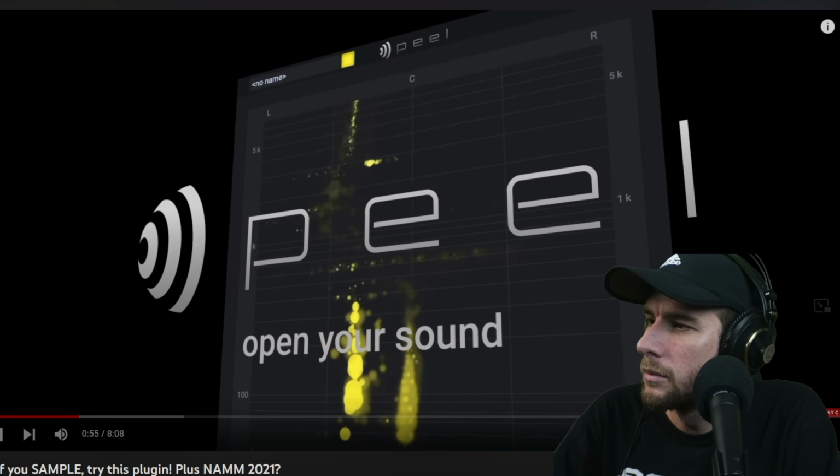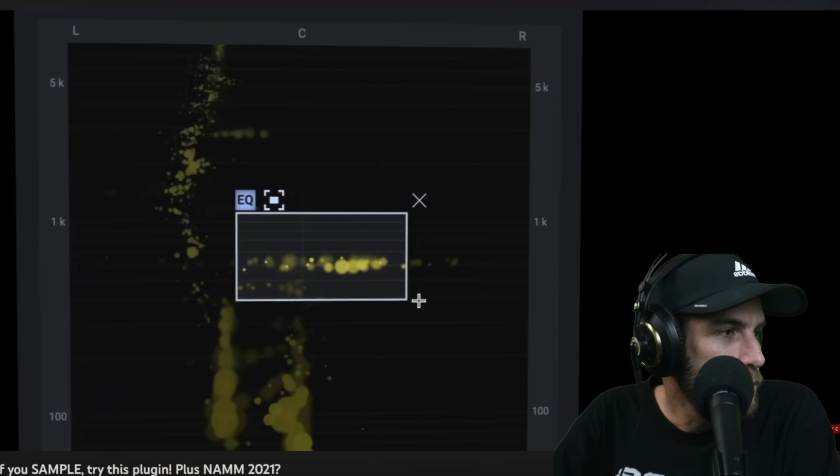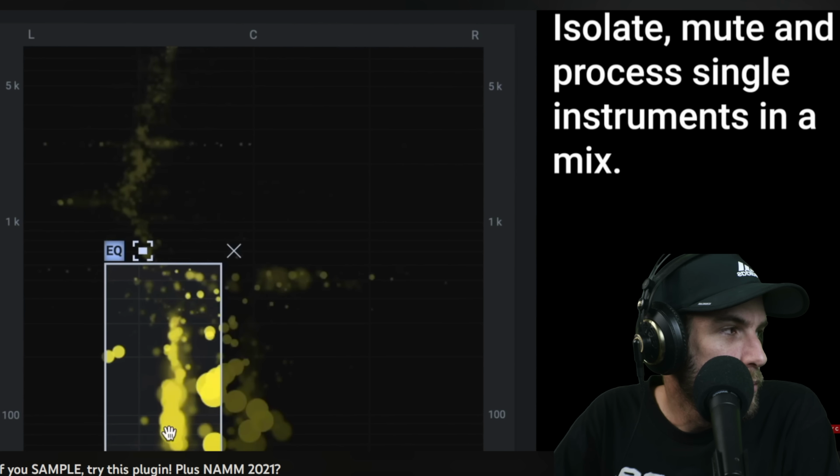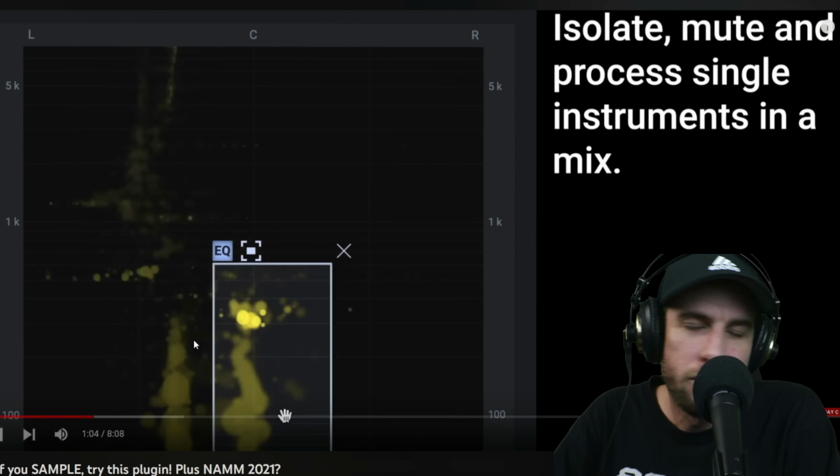If you like to extract vocals or instruments from samples from full mixes, it's called Peel. Peel lets you isolate vocals and instruments using EQ and gives...